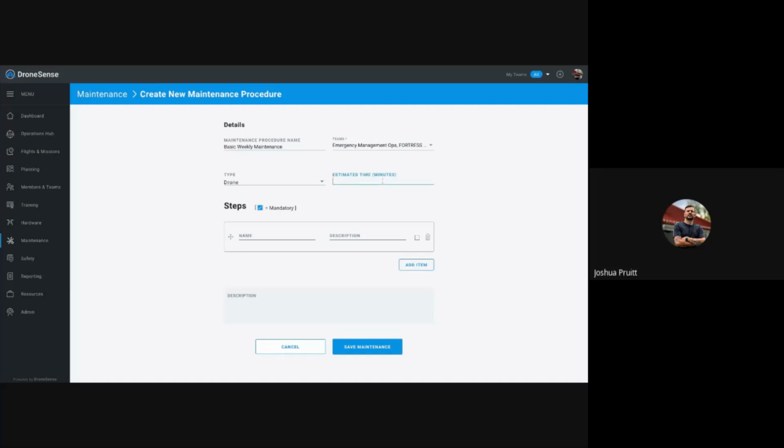And I'd say this will take us no more than 15 minutes. Now again, just like under the safety tab when creating a checklist, same options are here. We're going to give the step a name. So we can do check airframe for racks. And then over here, we could go into a much deeper description on what exactly we want